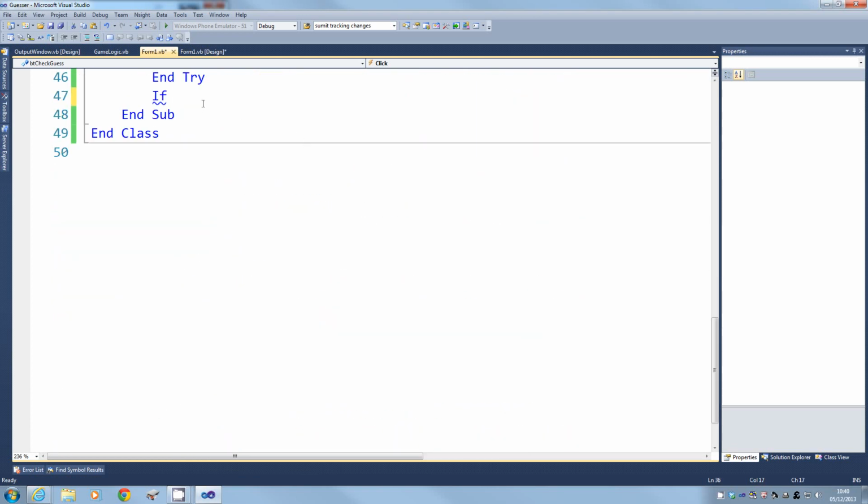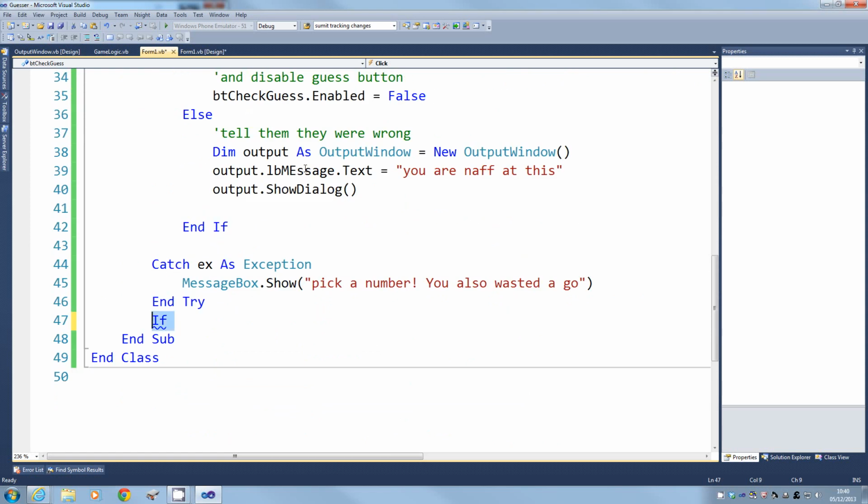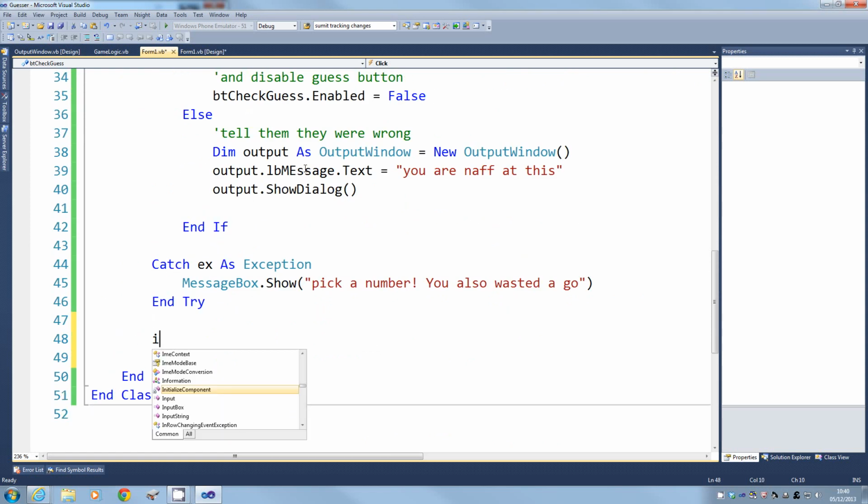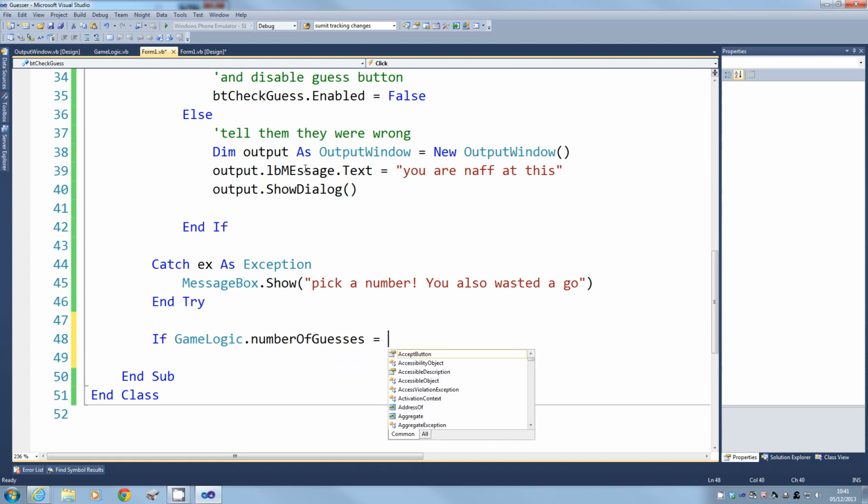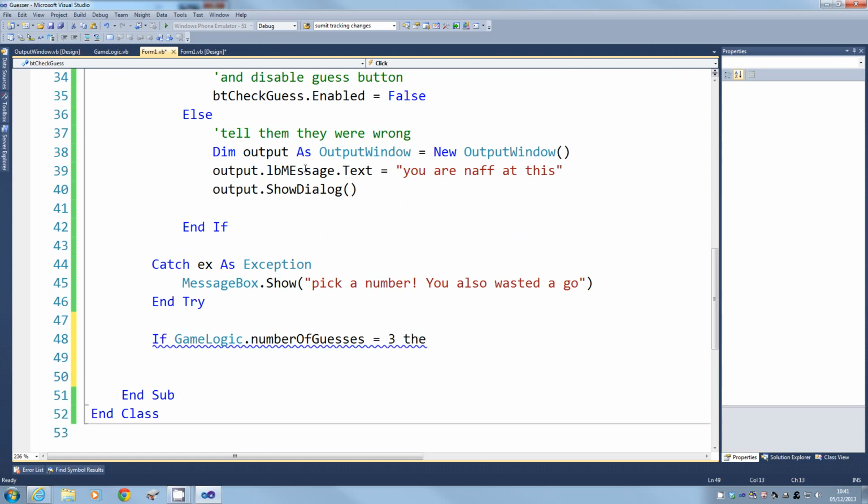Oh, it's in game logic. So at the bottom, after I've done everything, I'm going to say if game logic number of guesses equals, and we'll go with 3, then